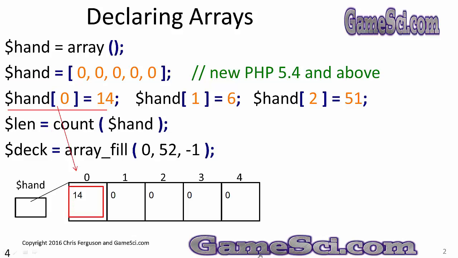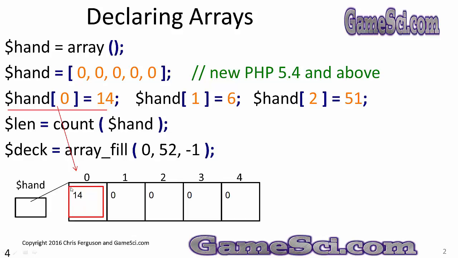Either way, this code will work. It doesn't matter which line above it executed beforehand. We can start putting data into the array almost immediately. Remember the square brackets. I want you to read that as array. I read this as hand array index 0 equals 14. So in position 0 of the hand array, I'm going to insert a 14, and you can see this 0